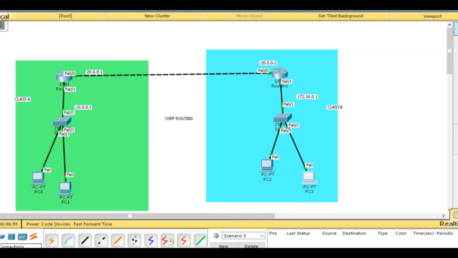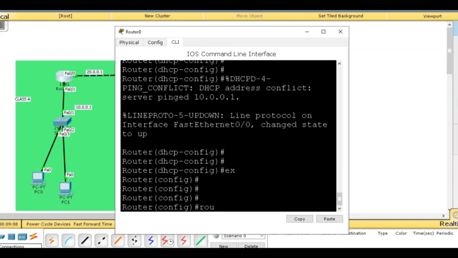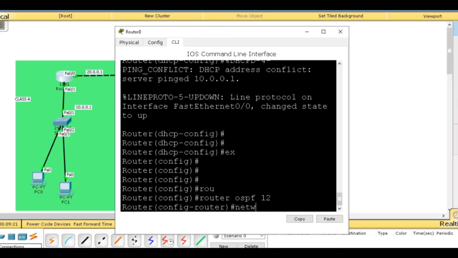Now the time came to configure OSPF routing on both of the routers. So let's start in the first router. Enter, exit, router OSPF, and here ID. You can provide any ID. I choose 12. Enter, and say network